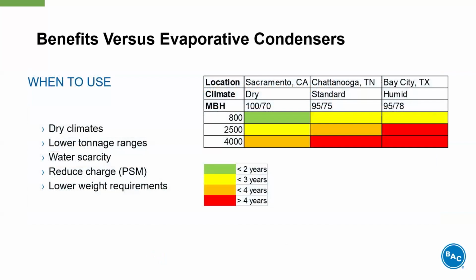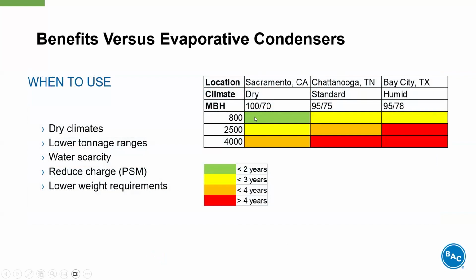So now let's go through the same comparison with adiabatic versus evaporative. Again, we have our three different climates: dry, standard, and humid. Our three different system sizes: small, medium, and large. So versus evaporative, again, we see the shortest payback is in dry climates, but more so on the smaller capacity